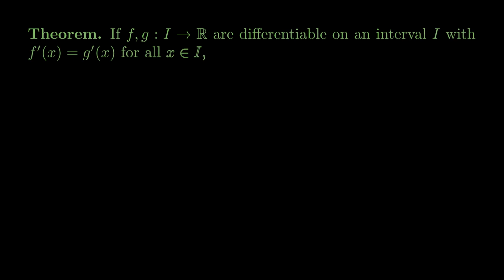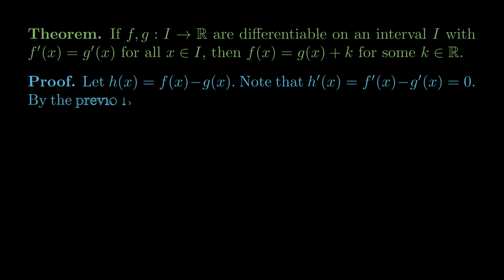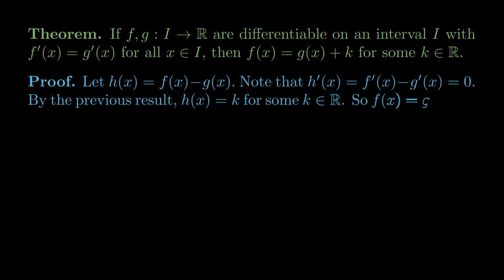We could further prove, say, that if f and g are differentiable functions on an interval I that satisfy f'(x) equals g'(x) for all x in I, then f(x) equals g(x) plus k for some constant k in R. So if two functions have the same derivative, then they must just differ by a constant. Using that previous result, the proof is very brief. Let h(x) equal the difference function f(x) minus g(x). Note that h'(x) equals f'(x) minus g'(x) equals 0. Apply our previous result to conclude that h(x) equals k,